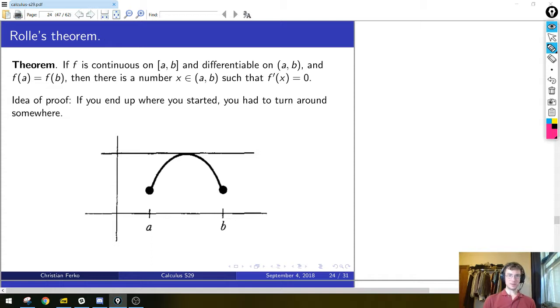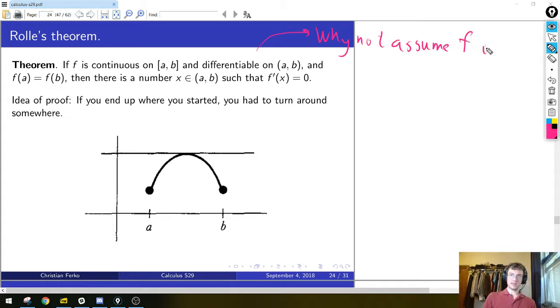Okay, question for you. This is really just a question about how we state theorems. Why wouldn't we just have said... Let me say this differently. The assumptions we made here are that f is continuous on the closed interval a to b and differentiable on the open interval a to b. Why would we not make the assumption, why not assume